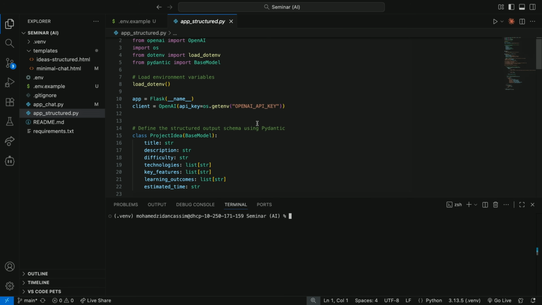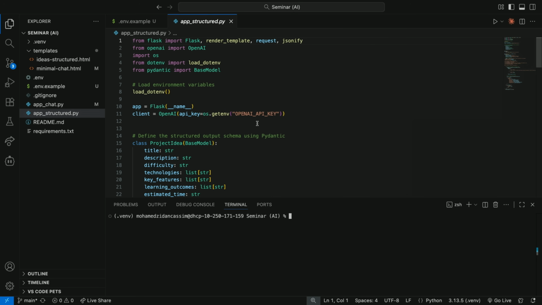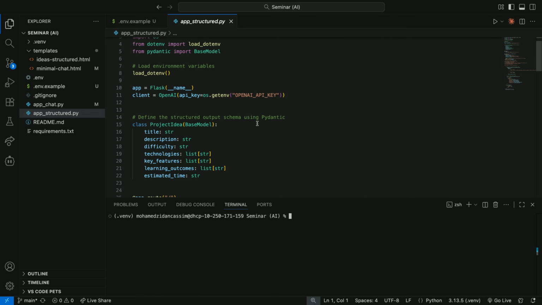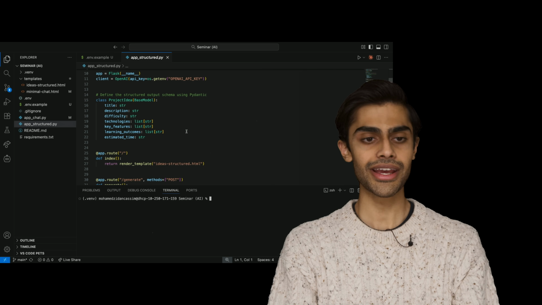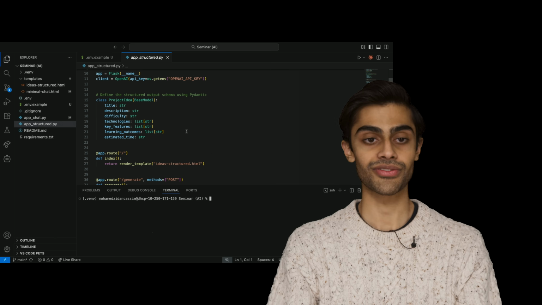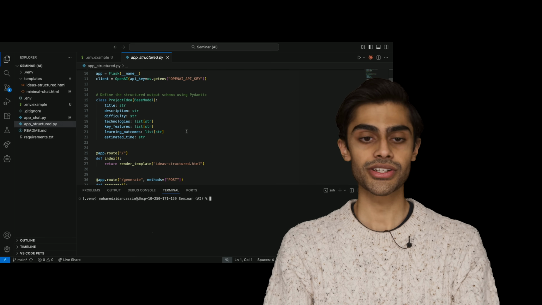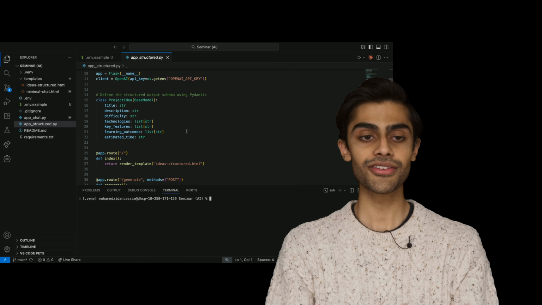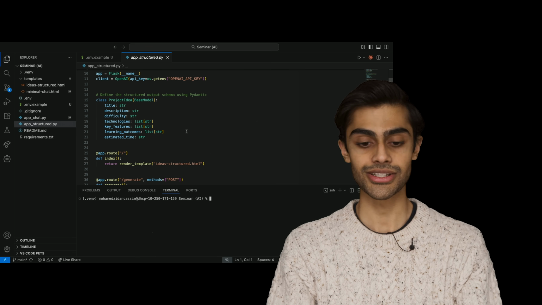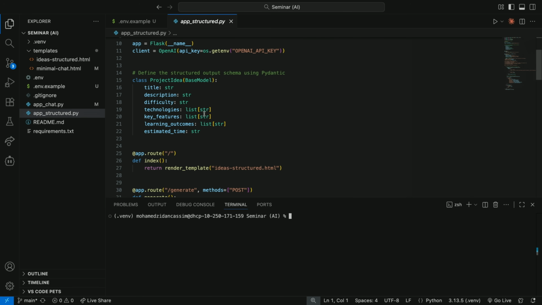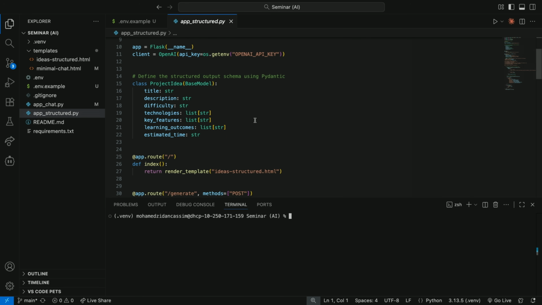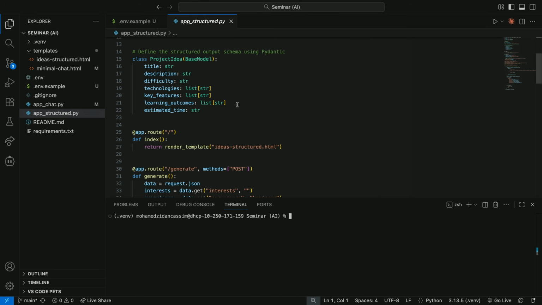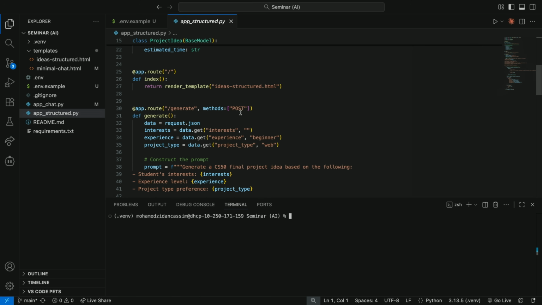And in this example, what we do is that we use both structured input and structured output. And essentially what this means is that instead of just having the OpenAI API output any sort of natural language, we give it a structure that we would like it to output in, and we then use this structure within our application. So here we have the structure of the output schema that we define. And so we have a title, a description, a difficulty, and some other features as well.